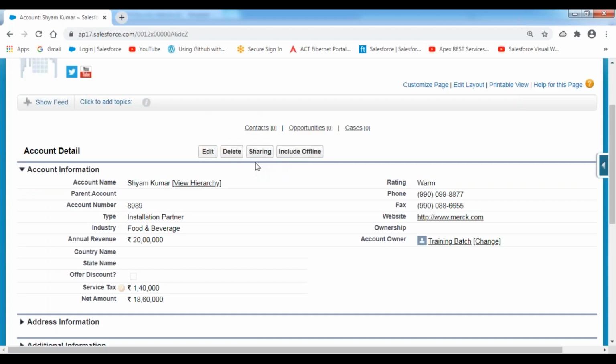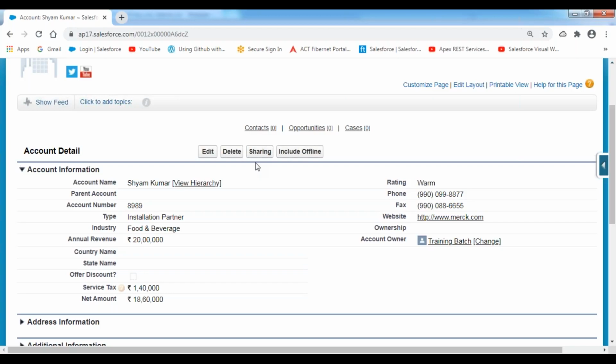Similarly, open another record, click on the sharing button, share the record. Open the third record, the fourth record, and so on. We are sharing record by record, one by one, to whomever you want.